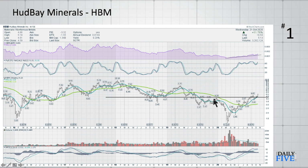I do like the price action breaking this big 2-year support and resistance level at 450. Again, a lot of these miners I think are going to do very well over the next few years. Volume's been solid, roughly 1 million a day, and so that's okay. And the PPO is up nice and high, and it can stay up here for a while. And I think we're just starting to see the trend